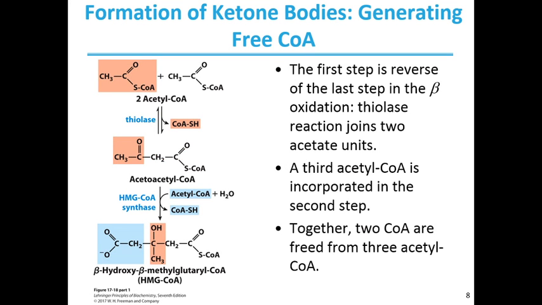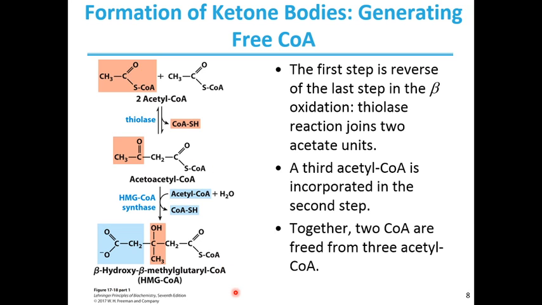The first step in the formation of acetoacetate occurs in the liver, and it is an enzymatic condensation of two acetyl-CoA molecules, which is catalyzed by the enzyme thiolase. Remember thiolase from the beta oxidation pathway? Now this reaction that is catalyzed by thiolase is exactly the reversal of the last step of beta oxidation. And in this step shown here, the product is acetoacetyl-CoA. Acetoacetyl-CoA gets converted to